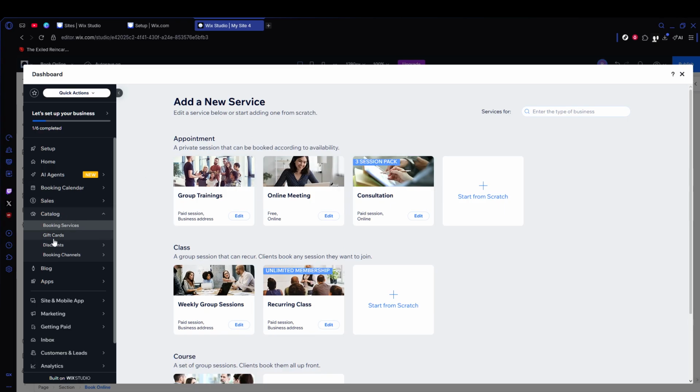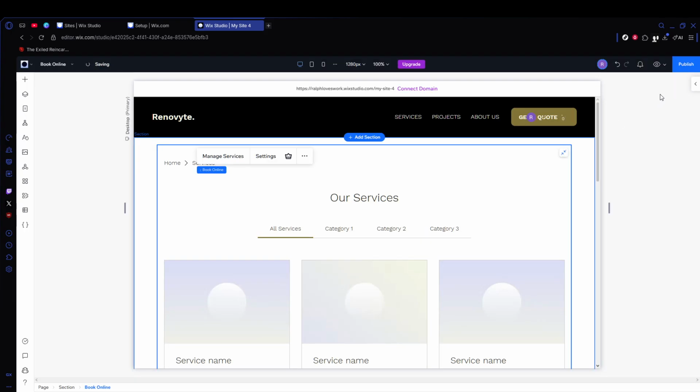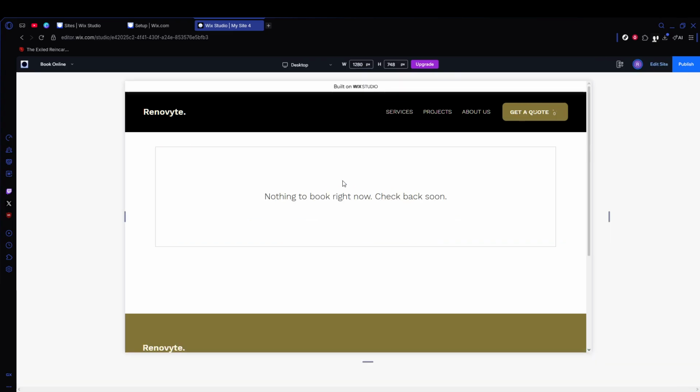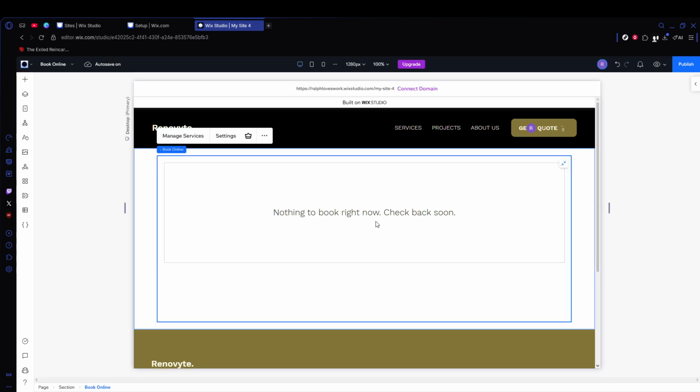If you already use Wix Bookings or Wix Appointments, make sure the timetable is connected so it pulls in real availability. Before you go live, click Preview, the eye icon, to check how everything looks on desktop and mobile. Test by clicking a date and time and walking through the booking flow to confirm it works smoothly. When you're happy, click Publish at the